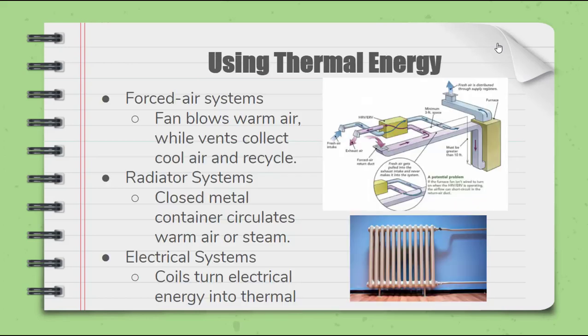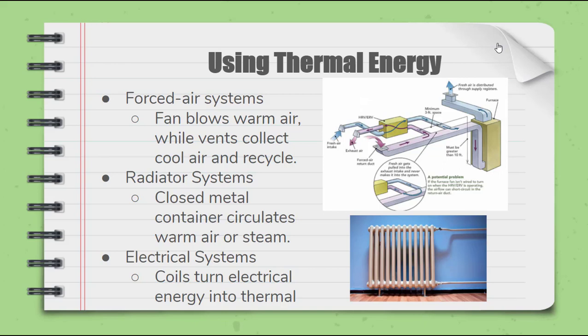So how do we use thermal energy in our homes and in day-to-day life? Well, there are lots of different ways that we can heat and cool homes, one of which is the forced air system, where a fan blows warm air while vents collect the cool air and recycle that process. So the vents take in the cool air and run it through either an electrical furnace or a gas furnace. And then you have vents probably in your home that emit the warm air. You also probably have several intake vents inside of your home that don't actually blow out air but